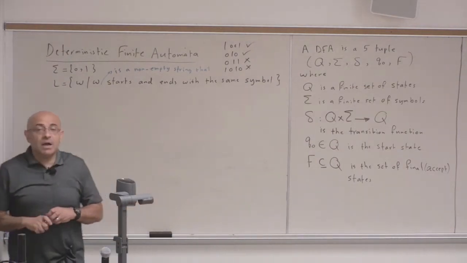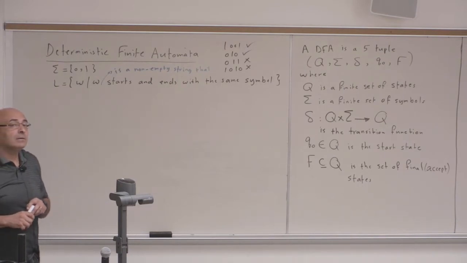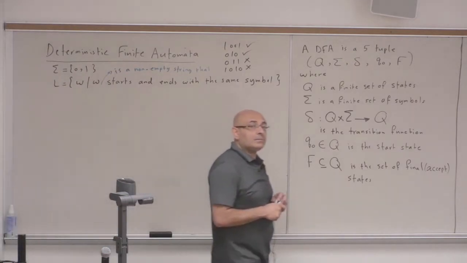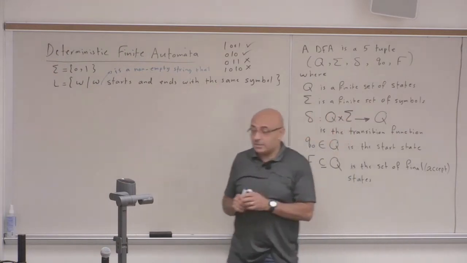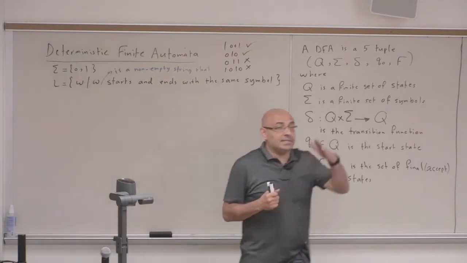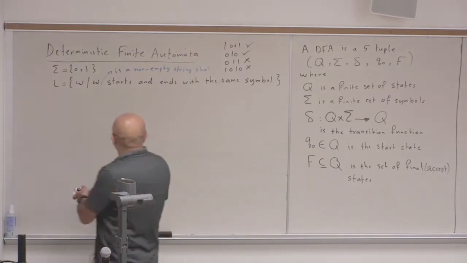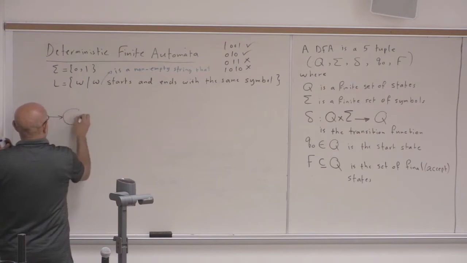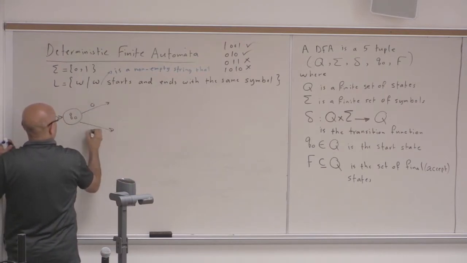How would you design a DFA for this? Question or answer? Answer. Okay. So I would start with Q0. We're going to start with our start state, and then from there we're going to branch either a 1 or a 0 path. Okay, that's good. That's a good start. So basically you will have two paths, one for those strings that start with 0 and one for those strings that start with 1. So this is my start state, and then I will start either with 0 or with 1.